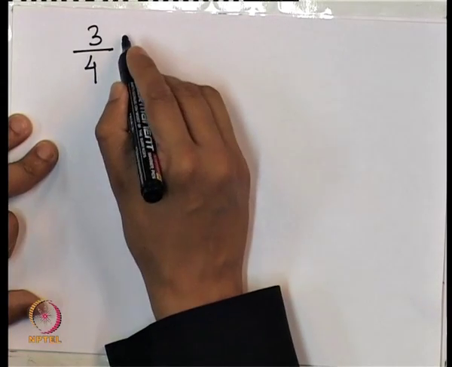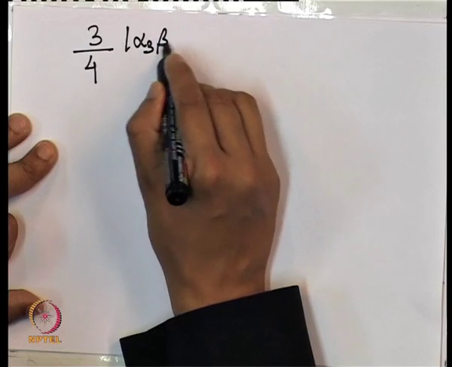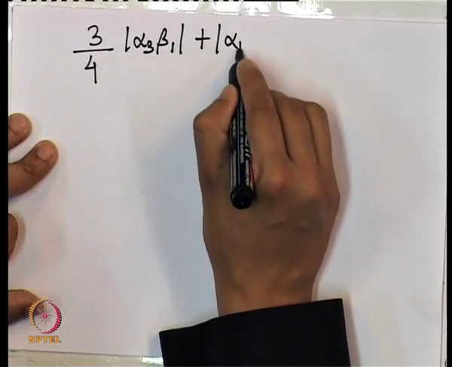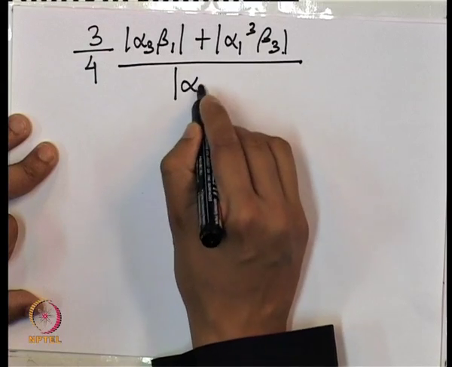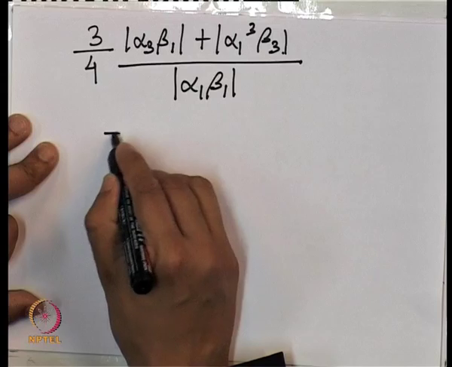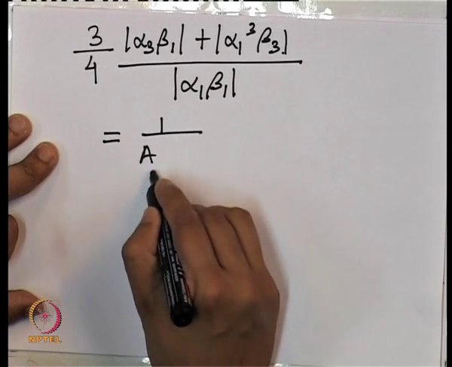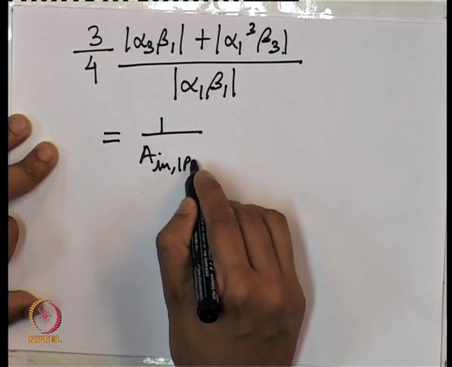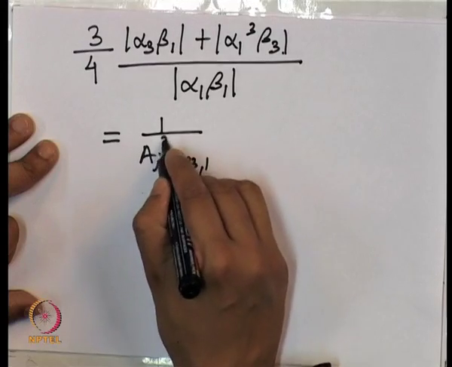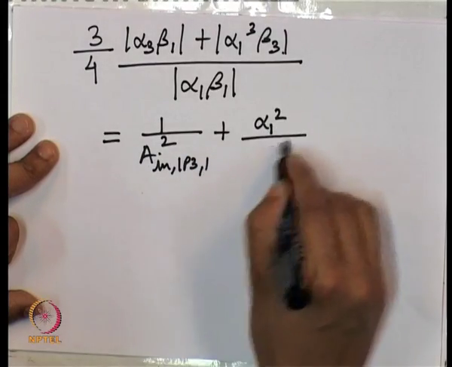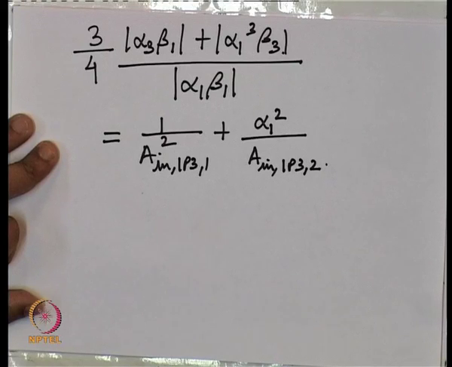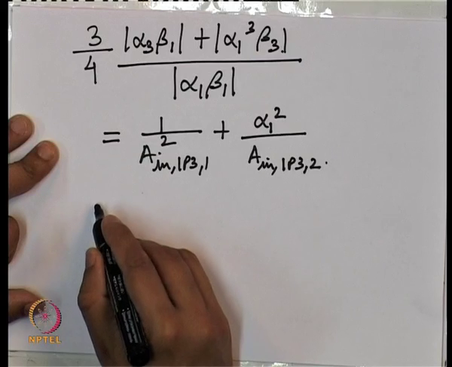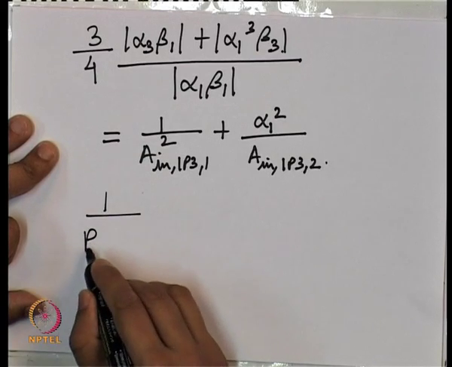so I have 3 upon 4 times (alpha 3 beta 1 plus alpha 1 cubed beta 3) upon alpha 1 beta 1. This is equal to 1 over the input intercept point of the first stage. Like this. So, from here we can say that 1 over the input intercept point